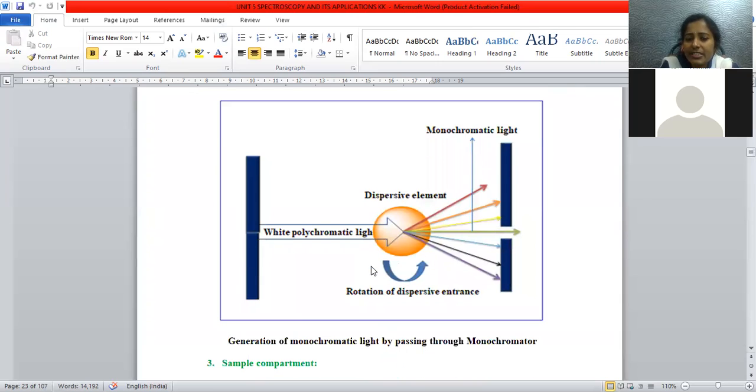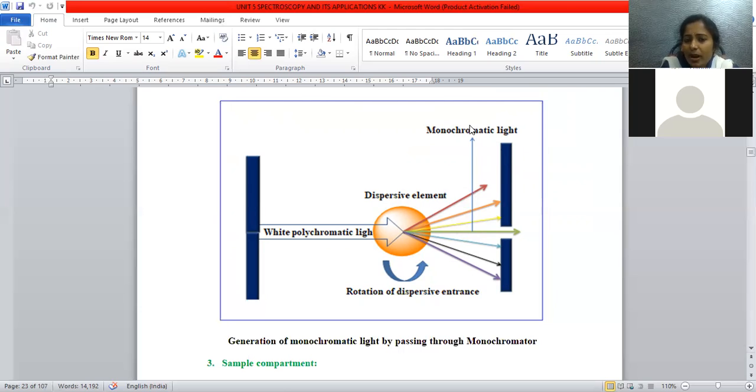That can be conveniently represented in this diagram, where white light, which is the mixture of 7 colors, is passing through a dispersive element. Here we can take a prism. When it passes through the prism, the white light is fractionated into all 7 colors.